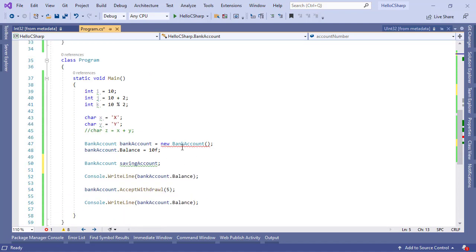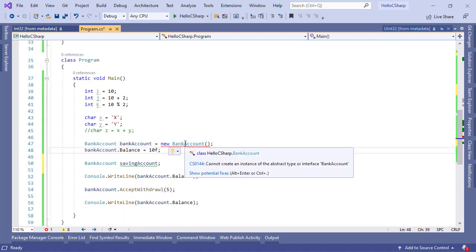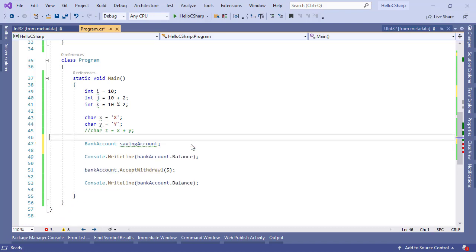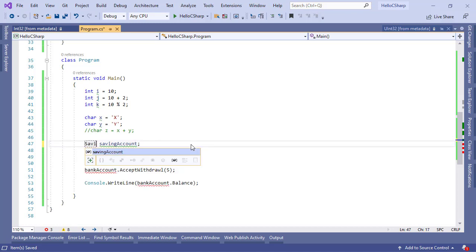And then if I scroll down now, it is complaining that it cannot create an instance of an abstract type or interface bank account, right? So what it is essentially saying is that this is an abstract class, and I can explain the concept of abstract classes to you, probably with an English example. When you say go to a market, when you are out in the market looking for,